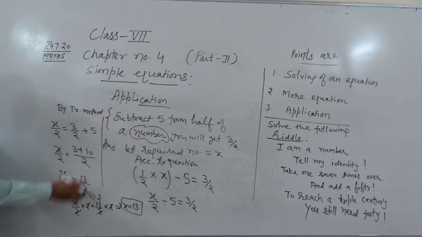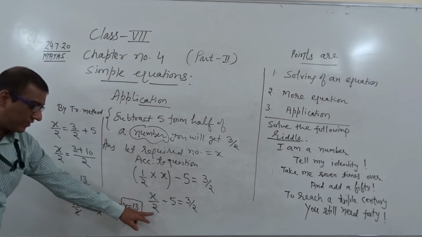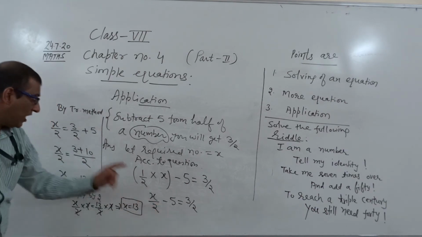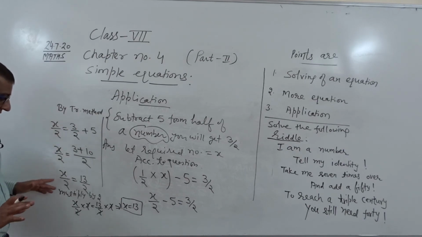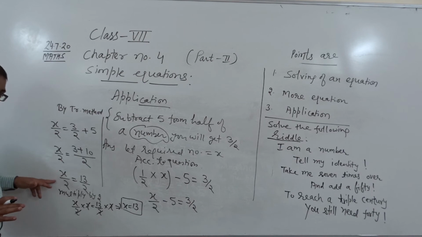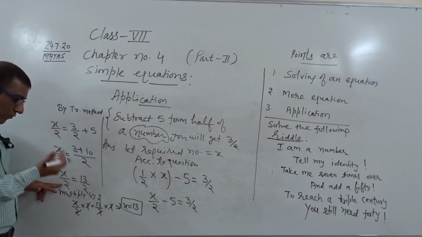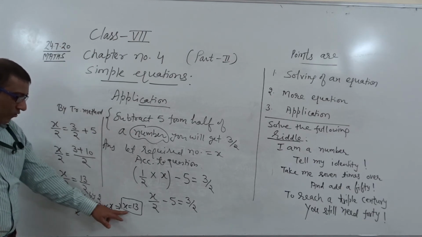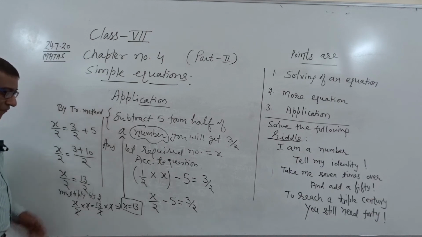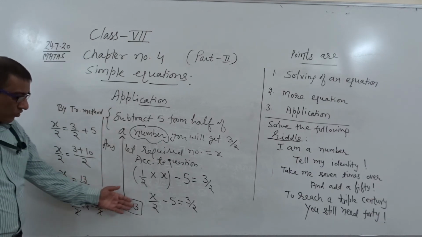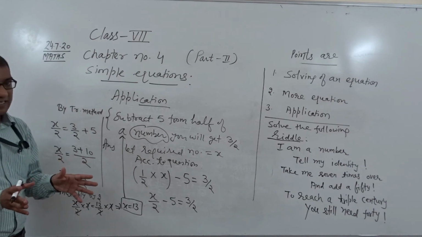So in such a type of problem, this is the way of solving. First you will set up an equation. This is the part of setting up an equation. After that you will go with the transfer method. You will go with rearrangement also. Then you will multiply by 2 because it is x by 2 and we want only x. So it is in division. That's why we multiply both sides by 2 and you will get x equals 13. So we can say x equals 13 is the number. And if you want to check your answer, you put x equals 13 in this equation, and when you solve it, you will get LHS equals RHS.